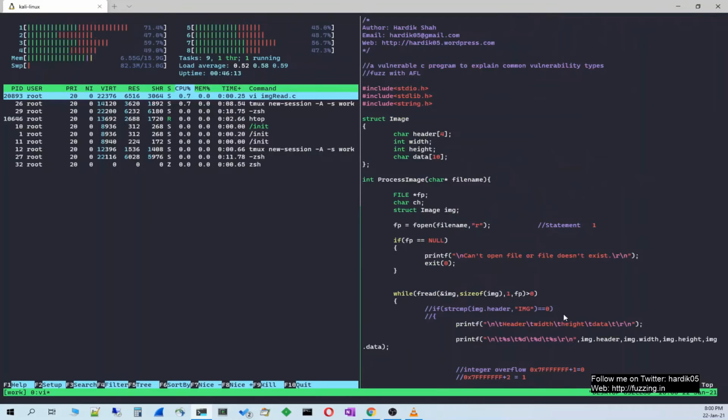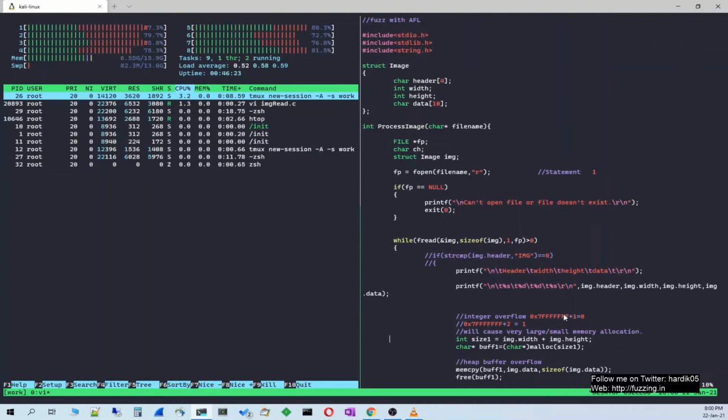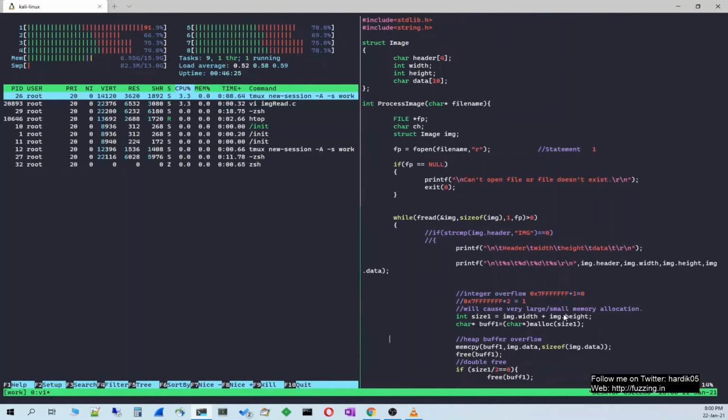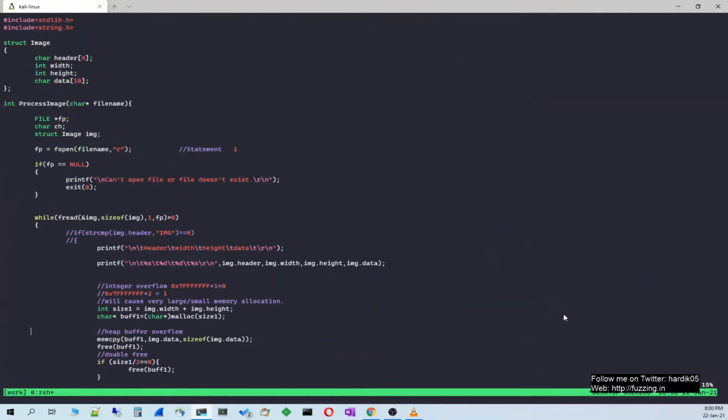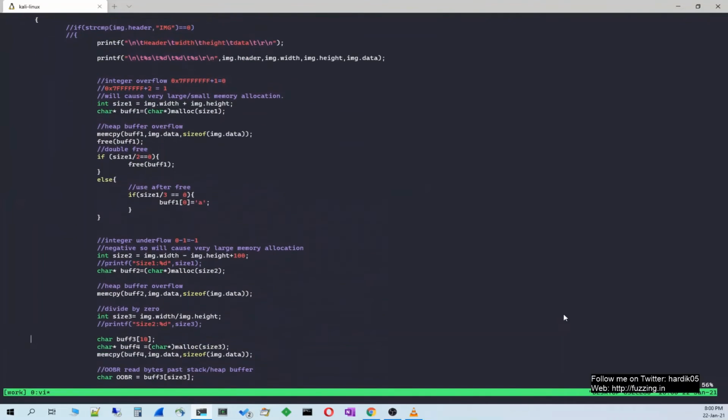So this is a vulnerable C program we have been using during our entire fuzzing video series, and it contains a lot of vulnerable conditions like this. I will probably close the left window so that we can actually see it in a better way over here. So yeah, this is the DAM vulnerable C program.